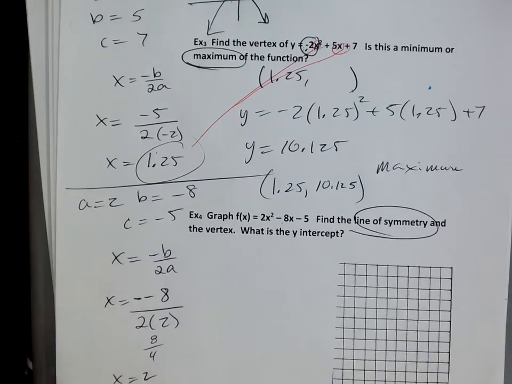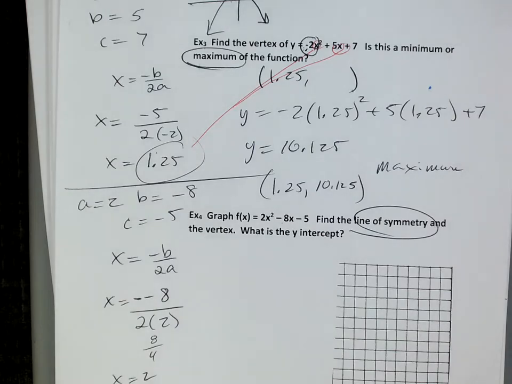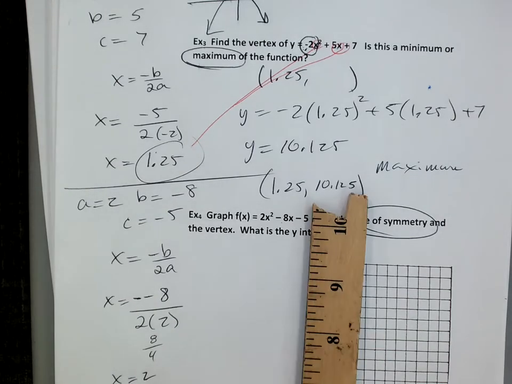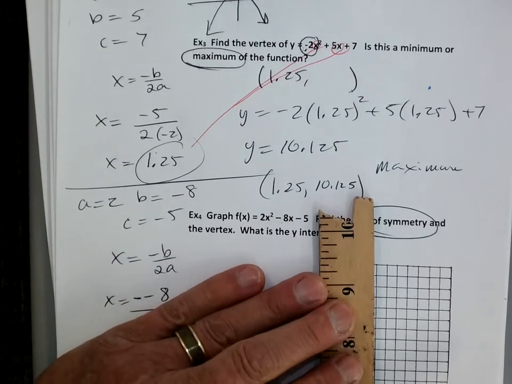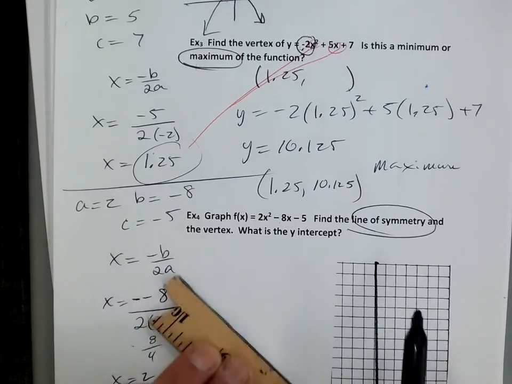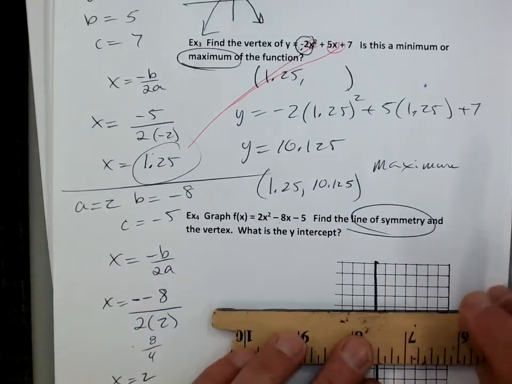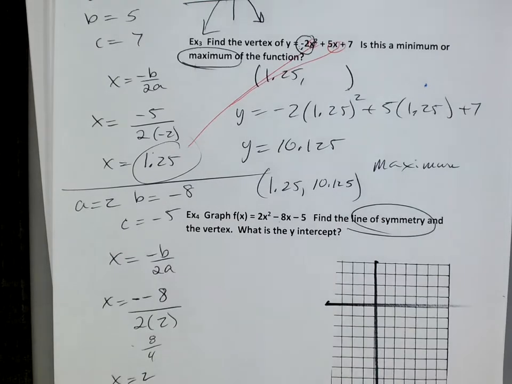Okay, so let me go ahead and do this. Let's do some graphing while we're going along here. Let's do some graphing right off the bat. So I've got a line of symmetry. Well, line of